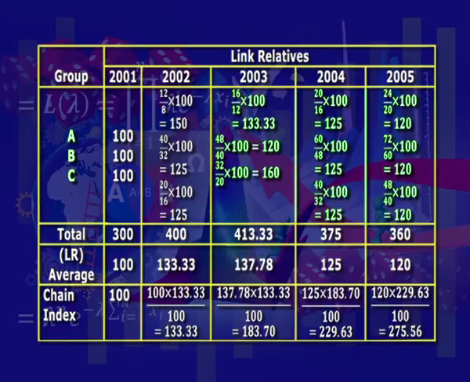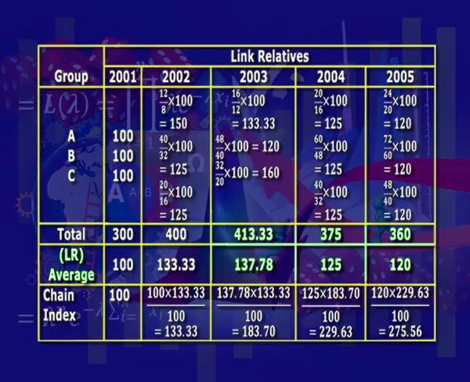After calculating the link relatives, the total is made, denoted in the third row, where the total for 2001 is 300, for 2002 is 400, for 2003 is 413.33, for 2004 the total is 375, and for 2005 the total is 360. Based on this total, we find the average. This average is nothing but the total divided by 3. So, 300 divided by 3 we get 100. Similarly, 400 divided by 3 we get 133.33, and similarly for the next 3 columns the average values are